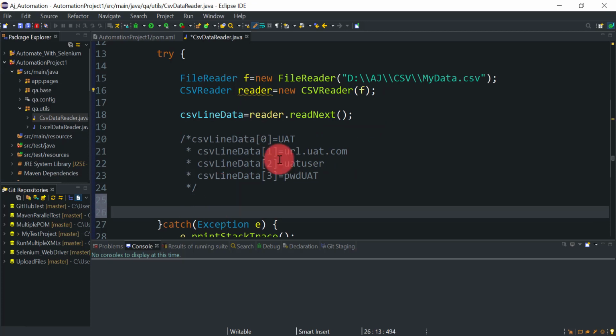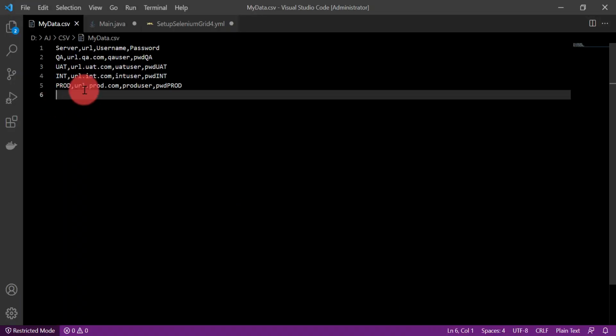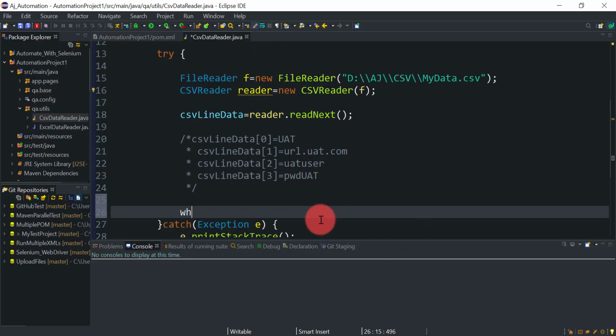Now we got the values for each row. We have to read that CSV file until we get a blank line. Our server can be anywhere, we don't know the position. So what we'll do is use a while loop here: while this csvLineData is not null.